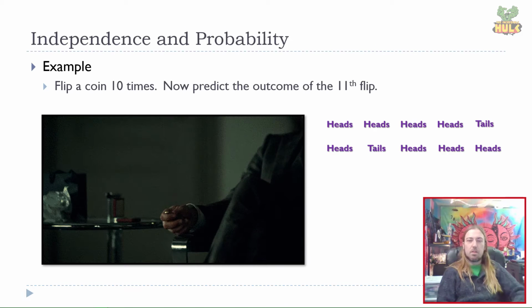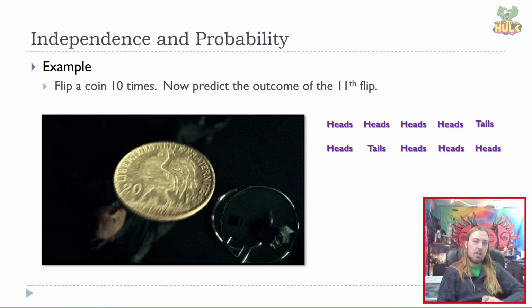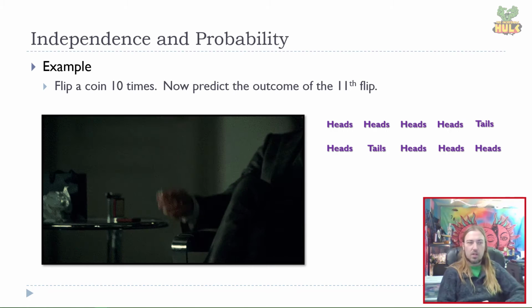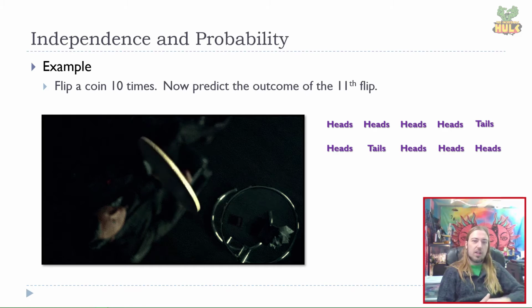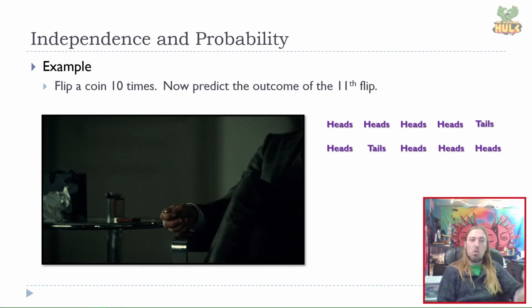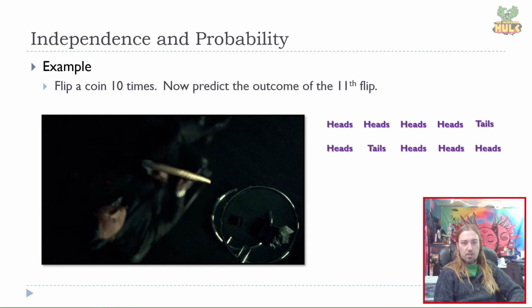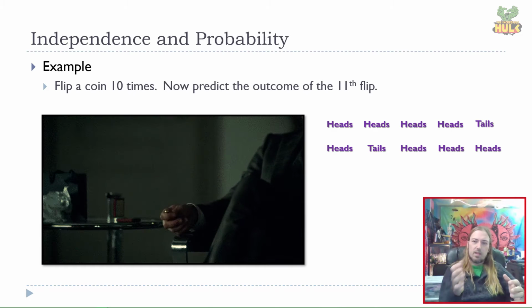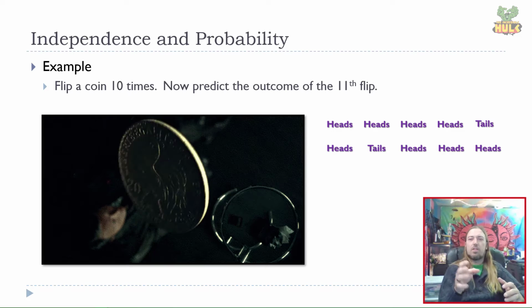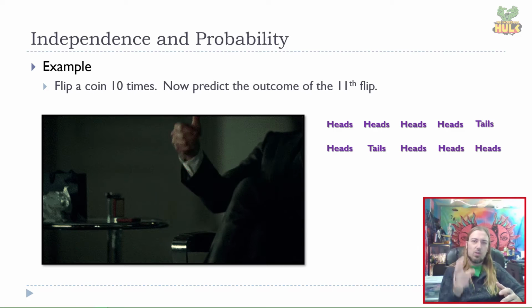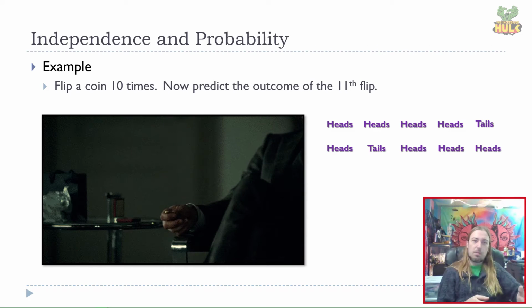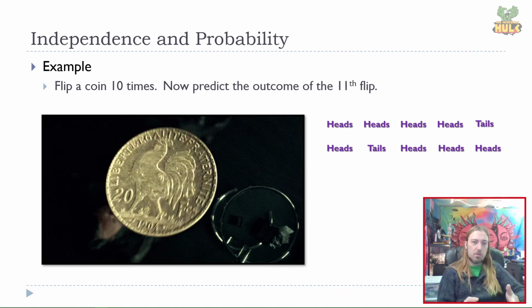A lot of people in this situation, assuming they believe this coin to be legitimate, not weighted or two-headed, will make the prediction that the next flip is more likely to be tails than heads. That's because they look at this string of outcomes. They say, there have been 1, 2, 3, 4, 5, 6, 7, 8 heads and only 2 tails in 10 flips. But you and I both know that the expected long-range probability of a coin flip is 50%.